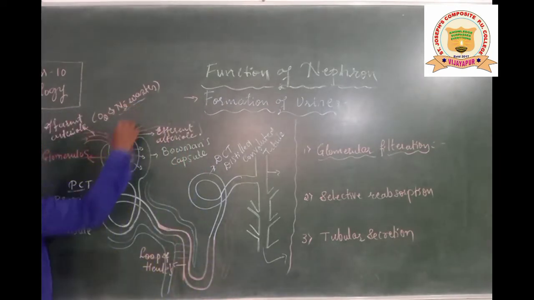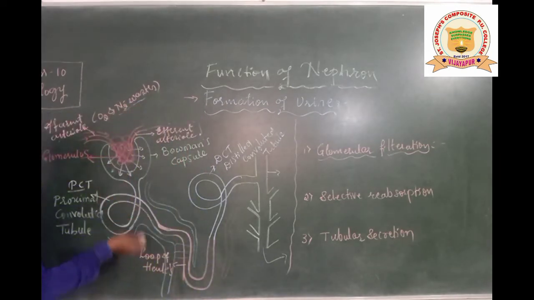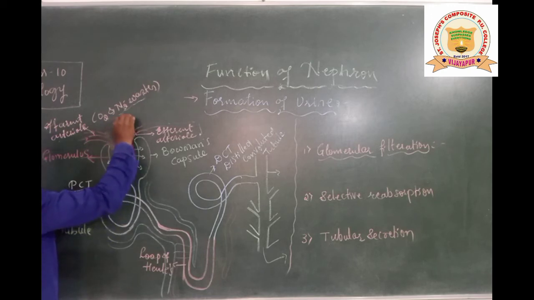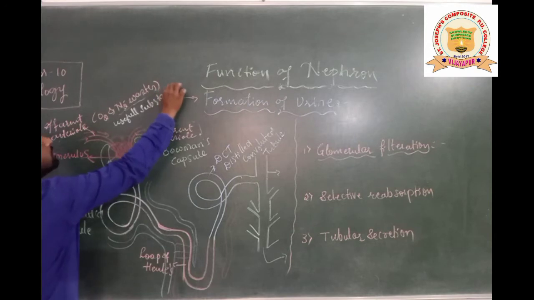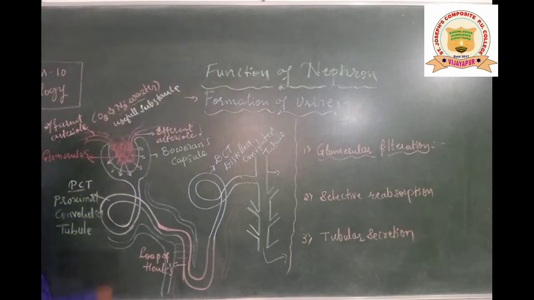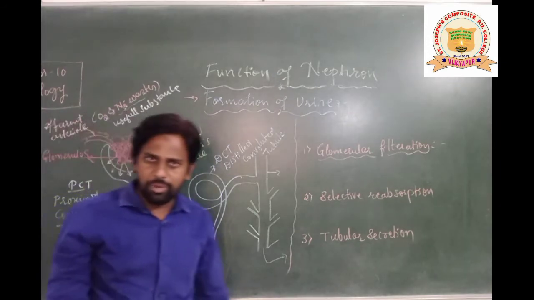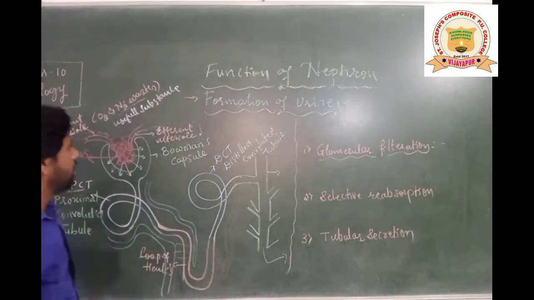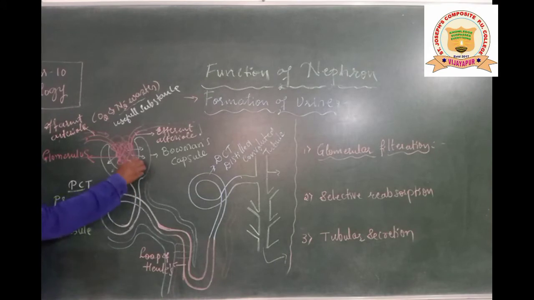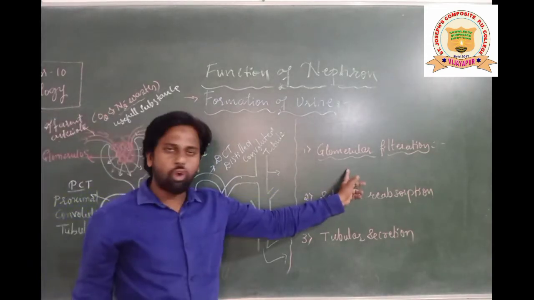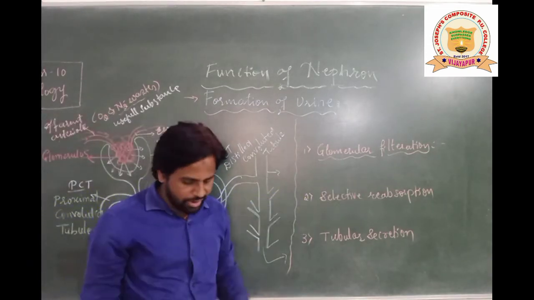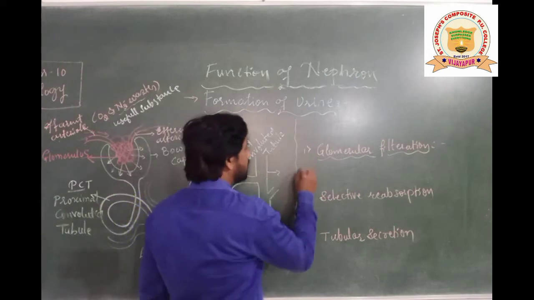All those nitrogenous wastes, along with some useful substances, also get filtered, students. Not only nitrogenous waste, even some useful substances like fats, vitamins and minerals get filtered into the Bowman's capsule through the glomerulus. So this filtration is called glomerular filtration. So we can write this definition: